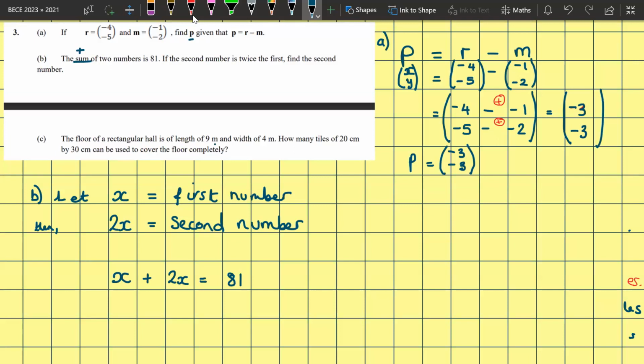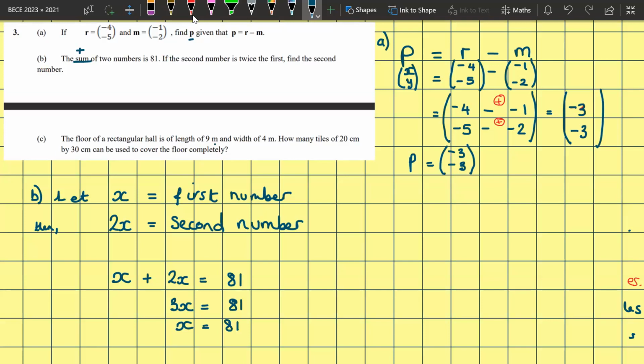Okay, now let's collect the like terms. That means 3 x's gives a total of 81. Okay, 3 lots of that particular number is 81. 3 times a certain number gives you 81. So what is that number? I will divide both sides. Remember, this is an equation. 3x means 3 times x. So the inverse of multiplication is division. So x will be